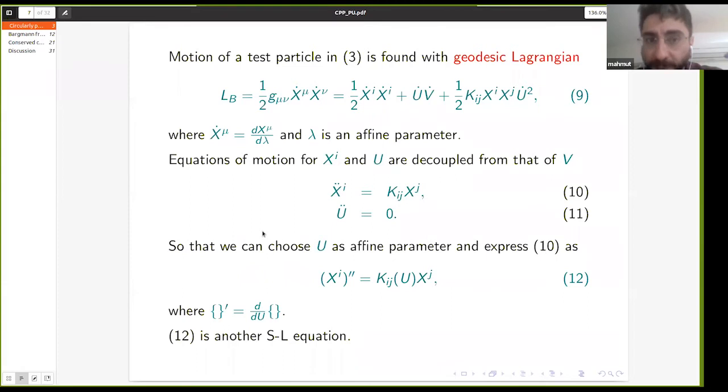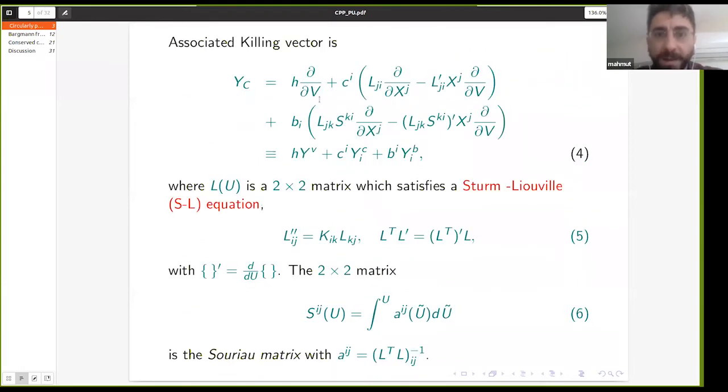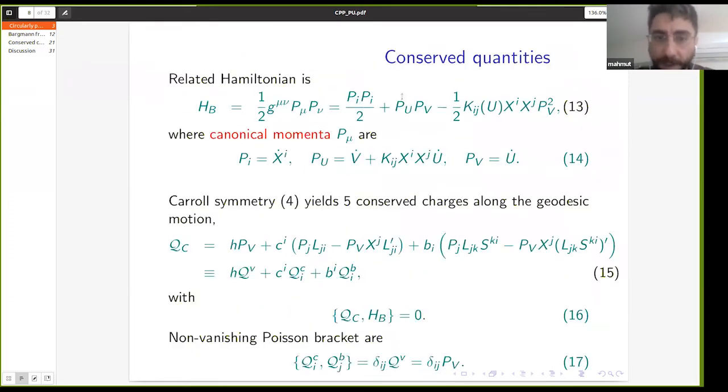You just replace the basis for the vector fields with the associated momenta. Therefore, you can easily write the conserved quantities in the phase space by replacing this basis, like del over del v or del over del x, with the associated momenta, and you end up with conserved quantities for